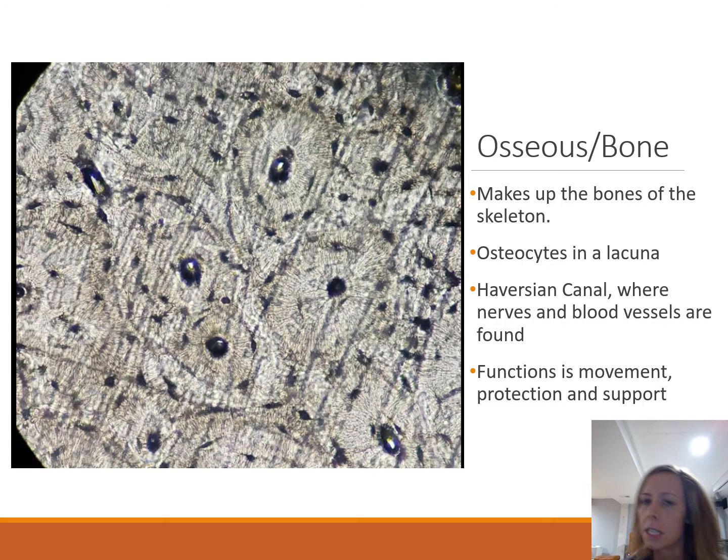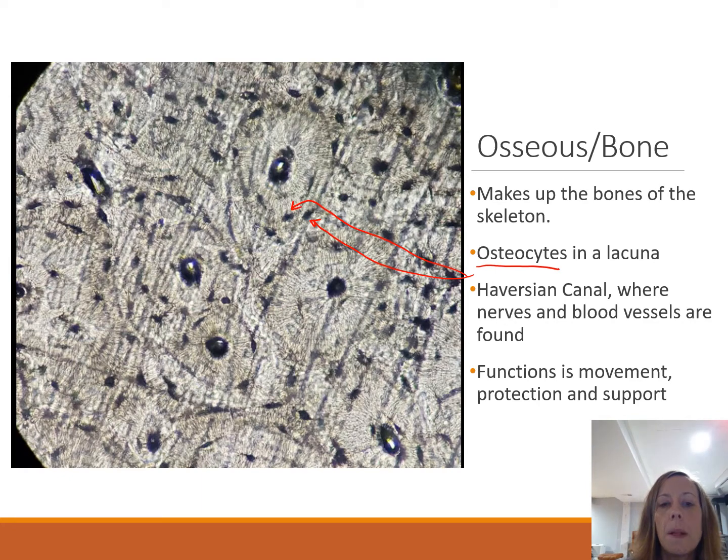We already did osseous, but I just thought I'd put it here so you can see it again. So osseous makes up the bones of the skeleton, right? So this is going to be your bone tissue. It makes up all the bones of your skeleton. It has osteocytes in a lacuna. Remember when we saw that? Our osteocytes in a lacuna are going to be these guys,